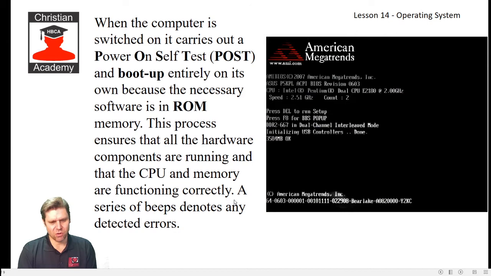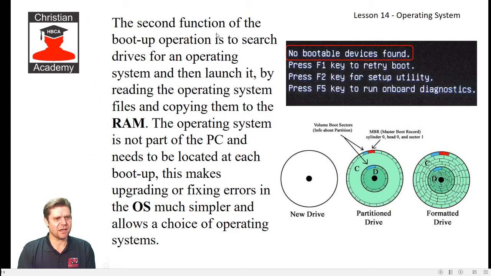Just to mention also that the operating system requires drivers. So every device that you have, not RAM and hard drives, but other devices, like your audio chip on your main board to hear audio, your LAN chip that gives you a network port, or the wireless, and the graphics chip on the main board. They all require drivers to be loaded in the operating system. Sometimes the operating system does it itself, but most of the time the manufacturer of your motherboard will give you a disk, or at least supply them online. So that's just an interesting section there.